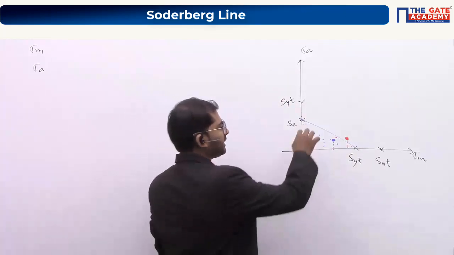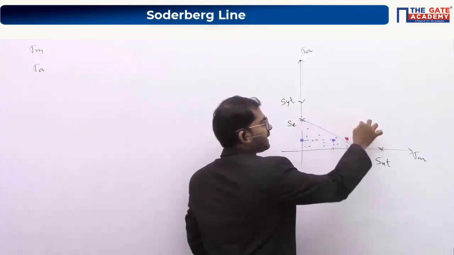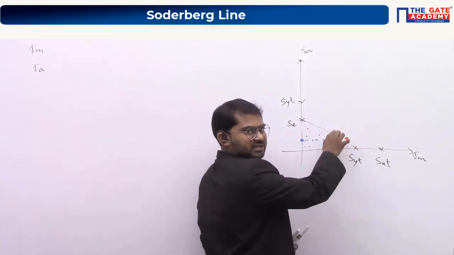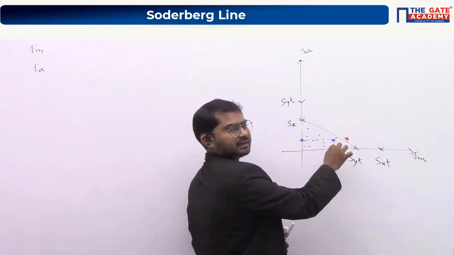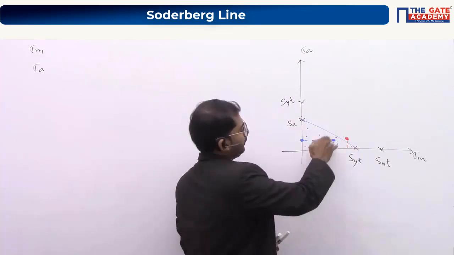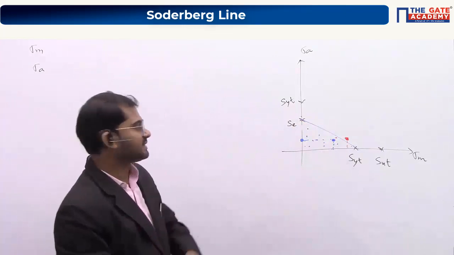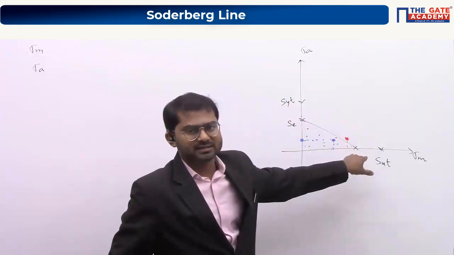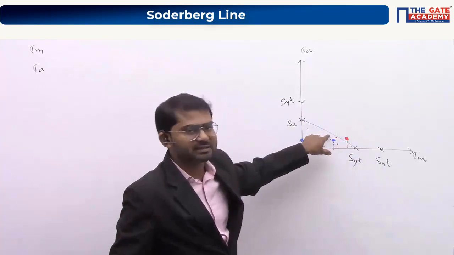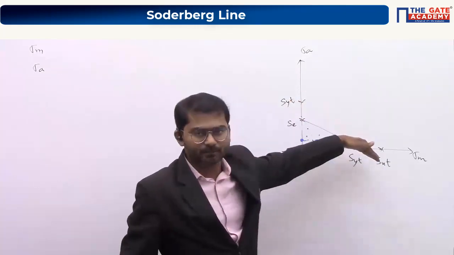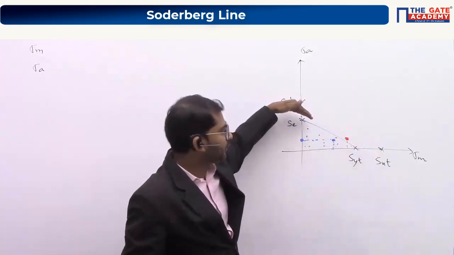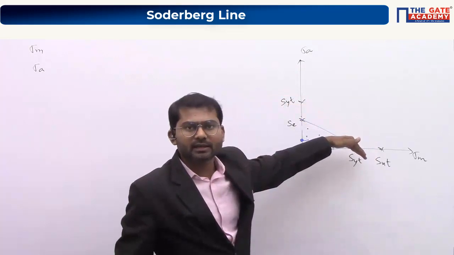So ideally speaking, you should be taking a square or a rectangle. If you insert the rectangle, everything should be safe, because whatever point you take inside the rectangle will have stress less than SYT and also SE. But that is not the way in which the metals behave. So he started with that particular step and then he reached this particular step here. So he gave this optimization here. Understood? So after optimizing, he made this particular line here.